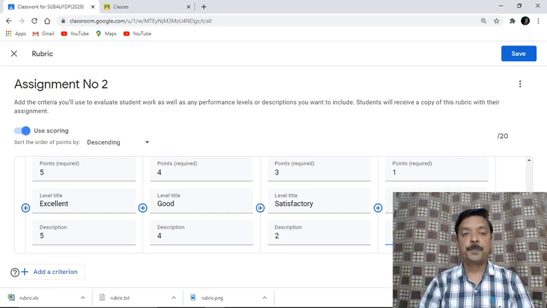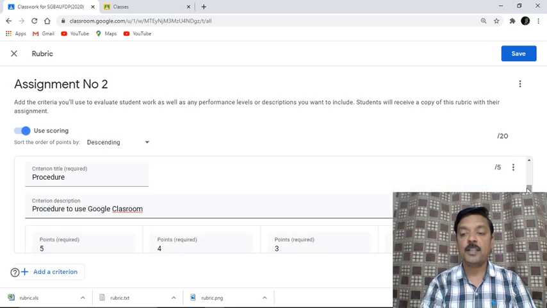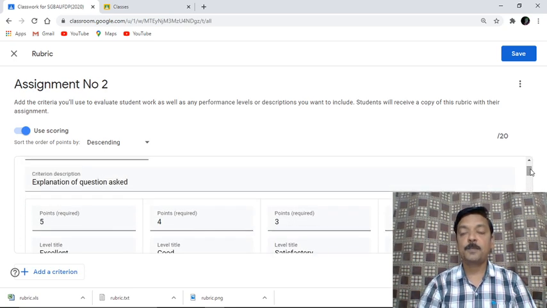So this way I have given a full-fledged rubric criteria, in which I have designed the different aspects that need to be covered in my answer. Again I'd like to say that in the explanation I have not given all the detail, considering our time constraint. So this way we have added all the things, and at last I'm going to save it. I'll click save.